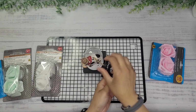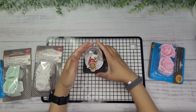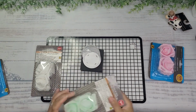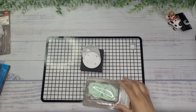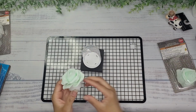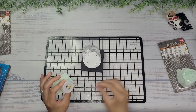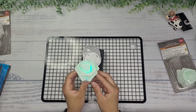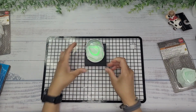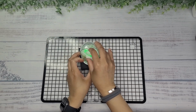So I was thinking about this little cow, but unfortunately it was a little bit too big, but I love it. I got that at Hobby Lobby during clearance season, and I ended up using one of these tea light candles that have roses on them that I got from Hobby Lobby. I'm sorry, from Dollar Tree actually. And this one lights up in different colors. And I thought it would look so beautiful inside of that space, just like this,